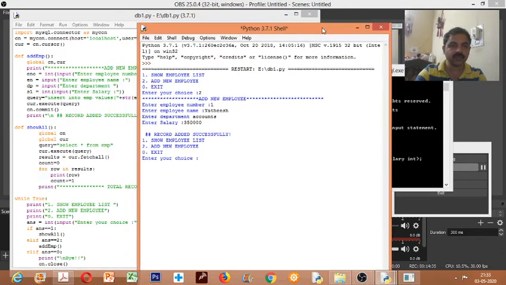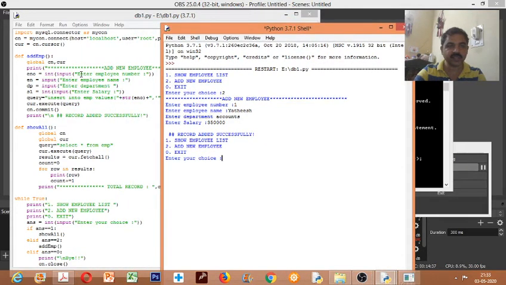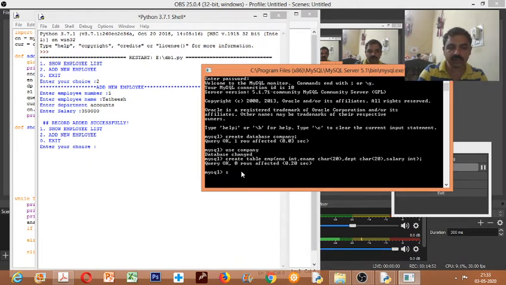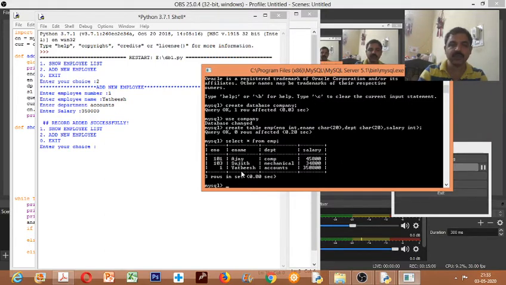As per our program, we are entering employee number, that will be taken as ENO, ENS. So these are what are entered, and it is passed to the MySQL table. Now we can check that in our MySQL table also. We can just write select star from table name. We are already in the database. Just write this command. You can see that previously I had entered two data. Along with that, the new data I entered is displayed there. So this has gone to the database.